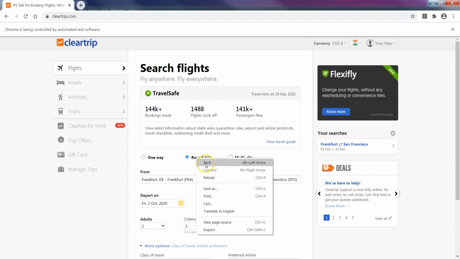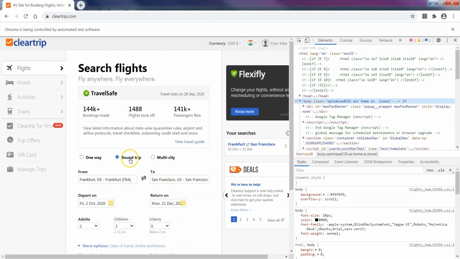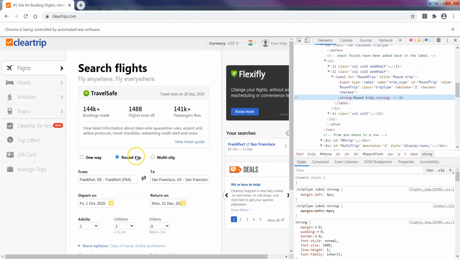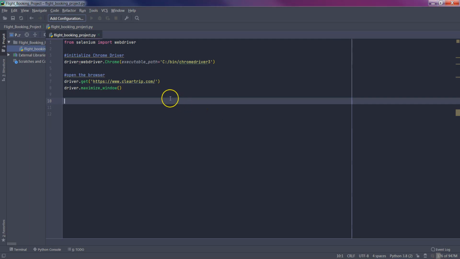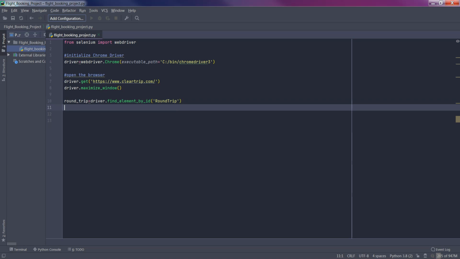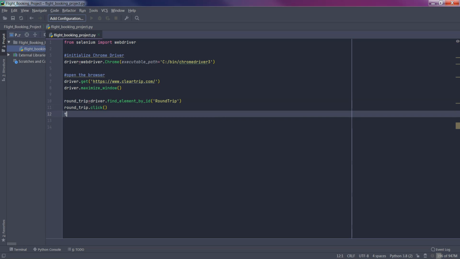We need to put a right click here, go to inspect, and now we need to find something that is unique to this specific radio button. In this one, let's inspect it again. And here we can work with the ID. This should be unique for that. Let's copy that and go back to the IDE. Let's provide a variable round trip equals to driver.findElement by ID. Let's paste it here,